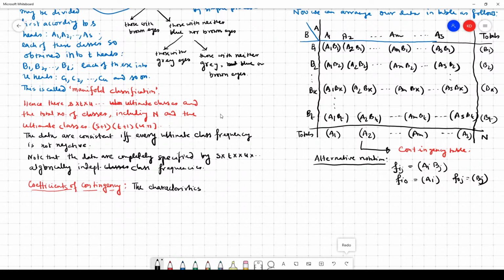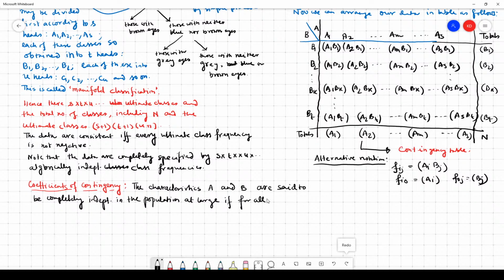The characteristics A and B are said to be completely independent in the population at large, if for all values of